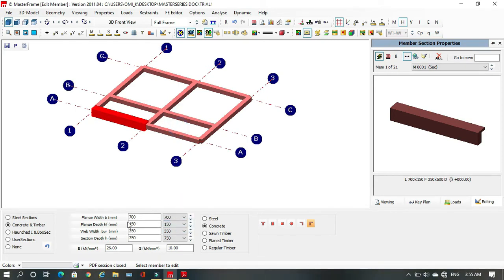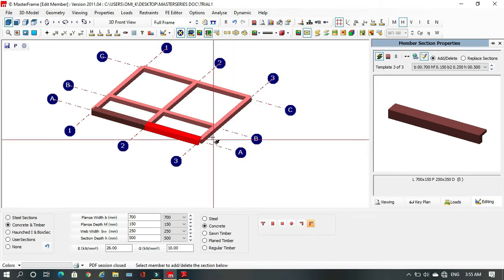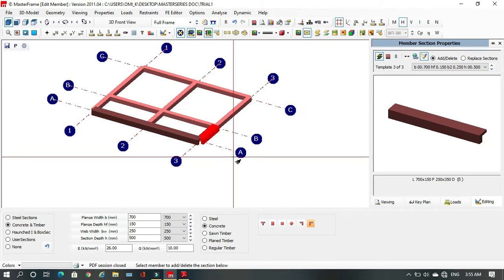I want the slab to be 150 because this is HF, and then the web, this will be 250. Okay, and then my depth, I want this to be 500. Okay, and then I can